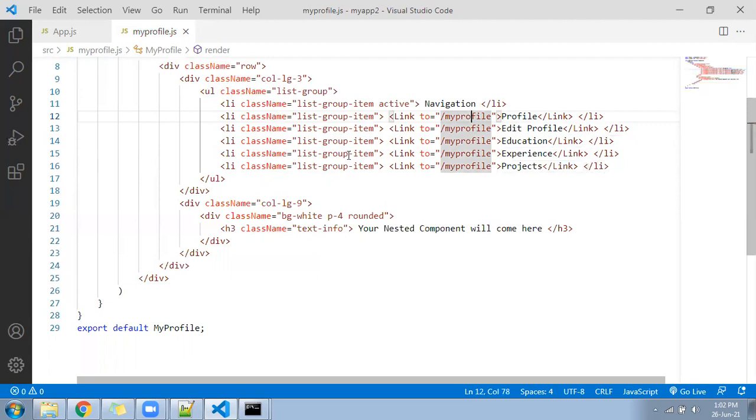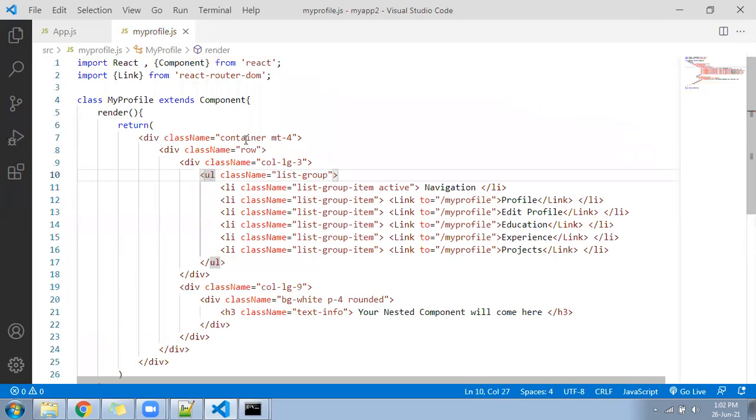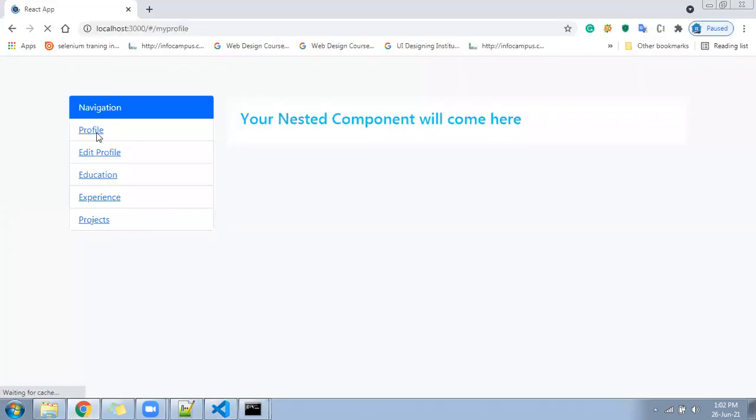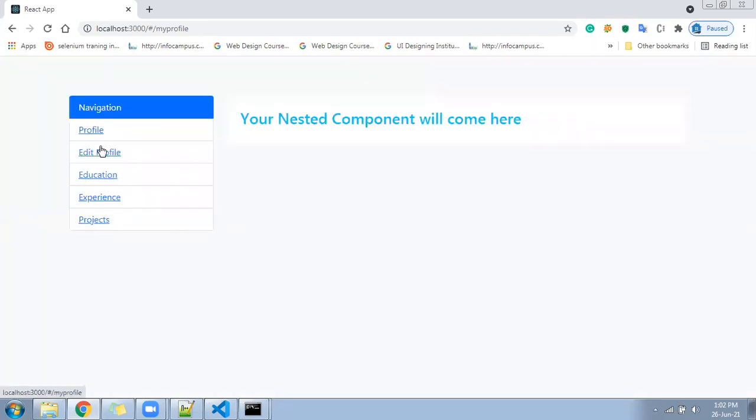Now I'll show you what we did. First, we imported the link tag on the top. After importing the link tag, we applied the link to which page? By default, my profile, but our pages are different here. We have different pages: view profile, edit profile, education, experience, my project. These all are there. So let me come to the browser and show you. Look at here. Now all the links I have given become hyperlinks. They are ready to click. So when we click here, my content has to change here.